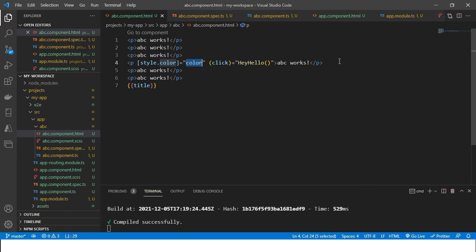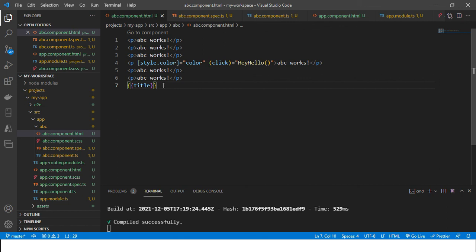That red value will be mapped to the style attribute of color, so the paragraph will be rendered with that color. And this is the interpolation. This interpolation is defined with double curly braces. The double curly braces instruct Angular to render the string in the place where they are placed, like this. In this way we can pass values from application logic to presentation logic.